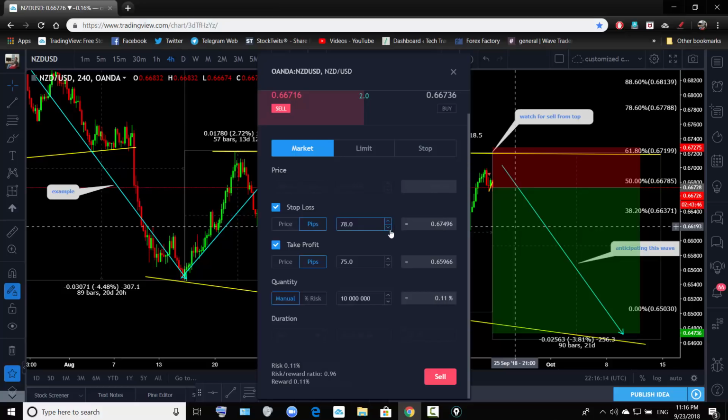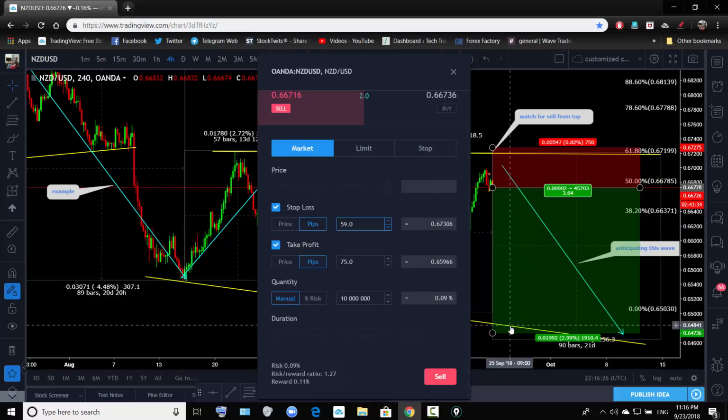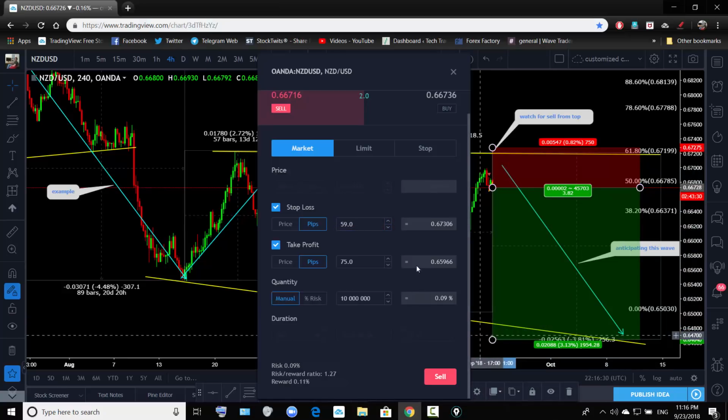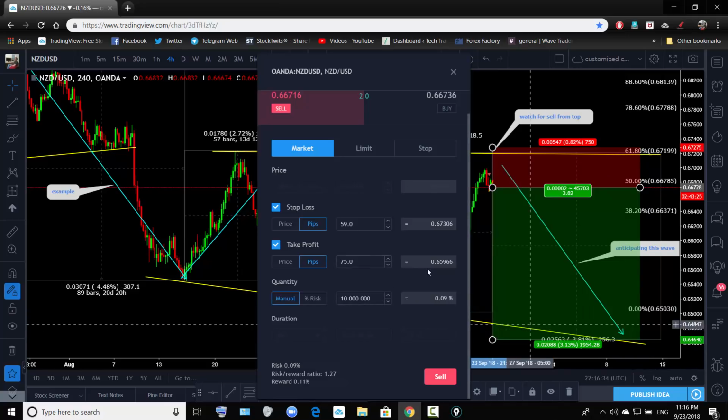All right, 67 to 75, or almost 300. So let's put the stop at 67 300, and the target is going to be 64 600. All right, 64 almost 700, but that target can vary. We can change that target based on the price action at the previous low,